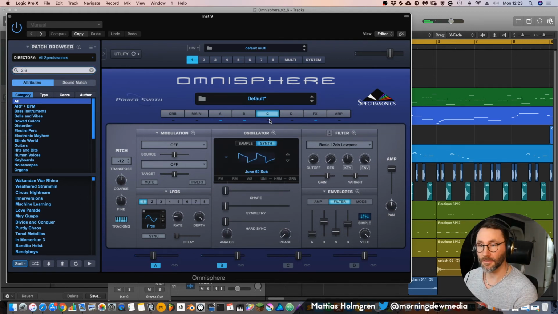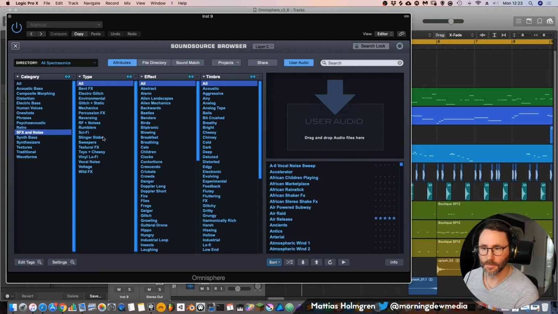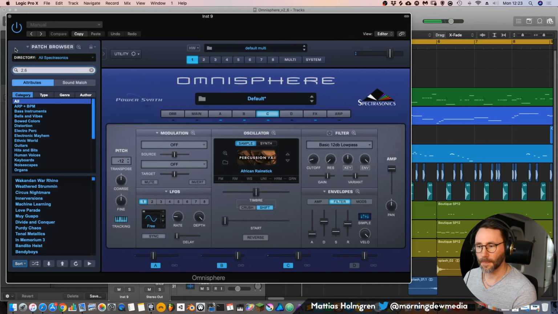And add a C part, another sound source. Let's go and see if we can find some noise. And for this C part, we can move the starting point a little bit further into the sample, so we can hear the sound more faster.